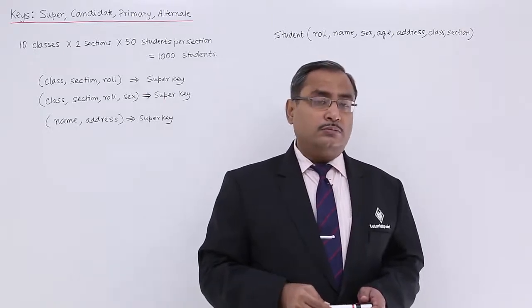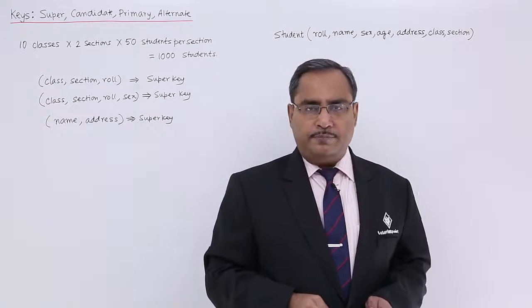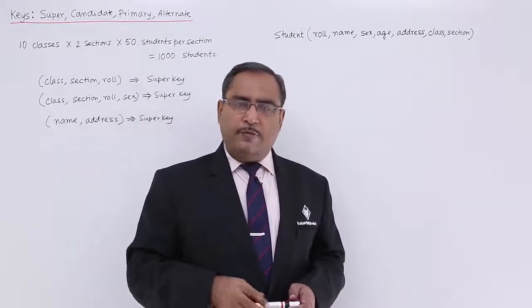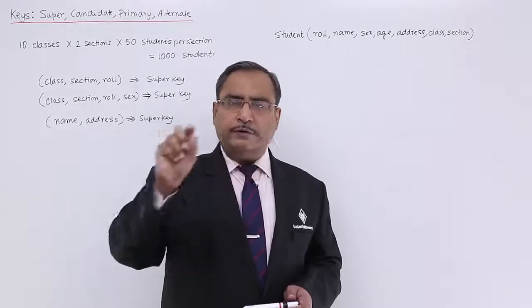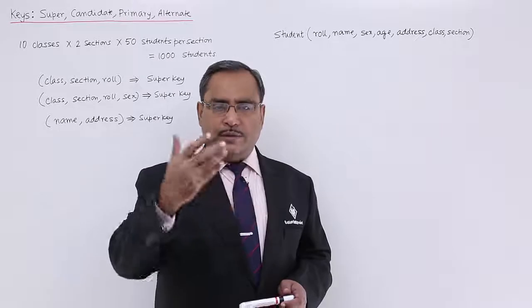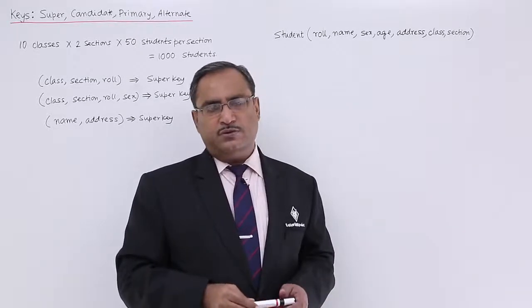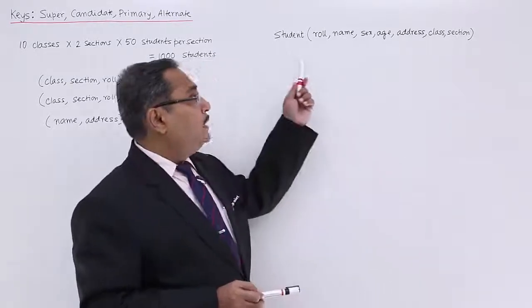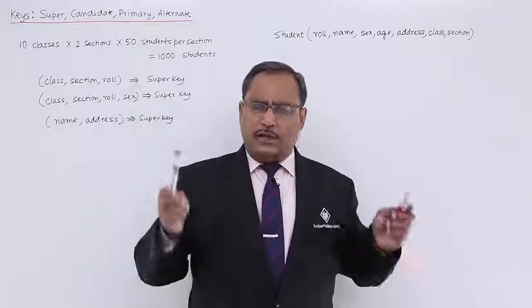Now let us go through one example that will make our concept clearer. Let us suppose we have this particular student schema. I have written this in the form of a schema; I could have written it in the form of entities also. Similar entities can form an entity set. Please watch our previous videos, where we discussed what an entity set is. Here we have considered this as a schema. For better understanding, you can consider it as one table.